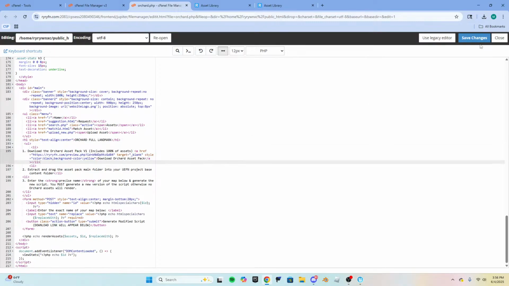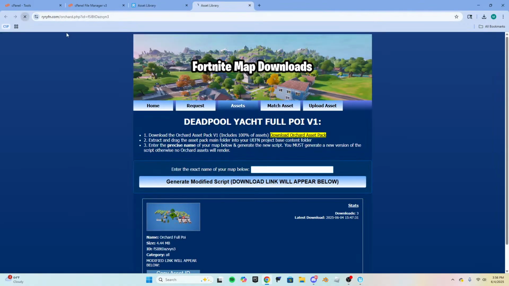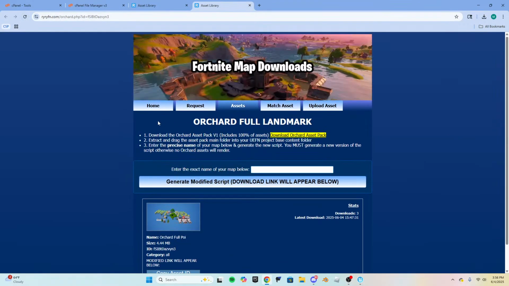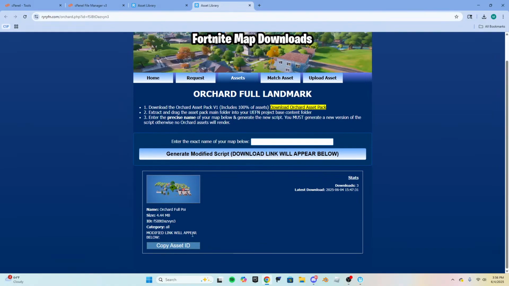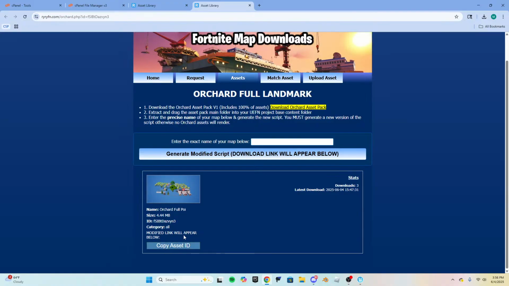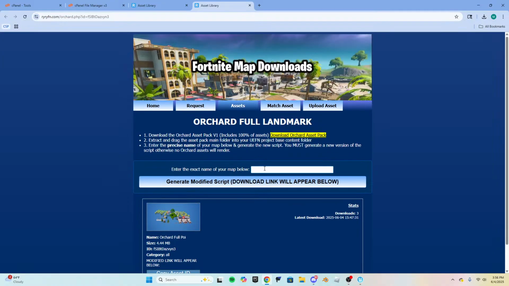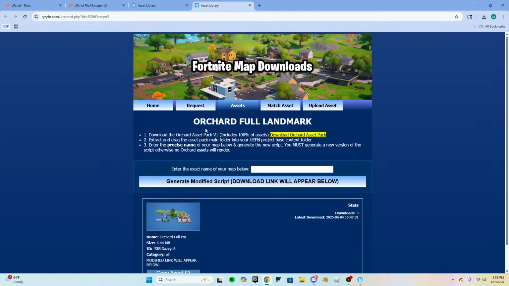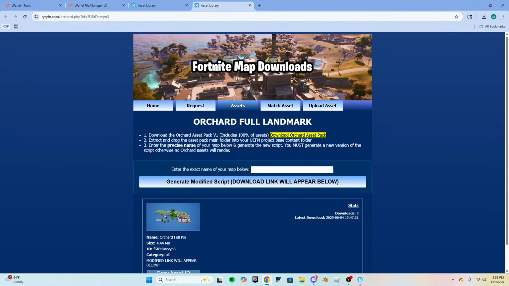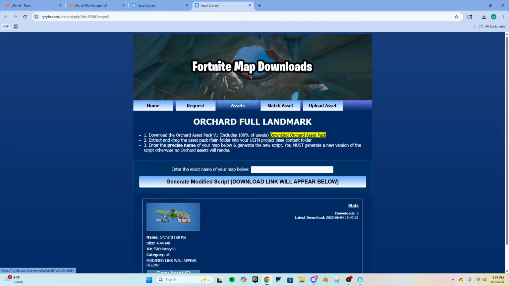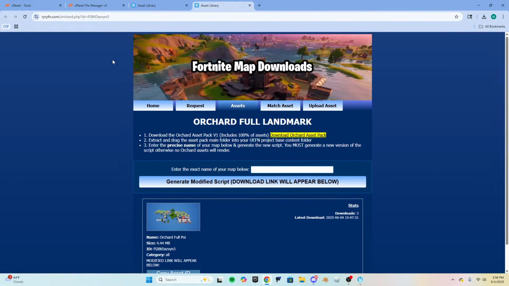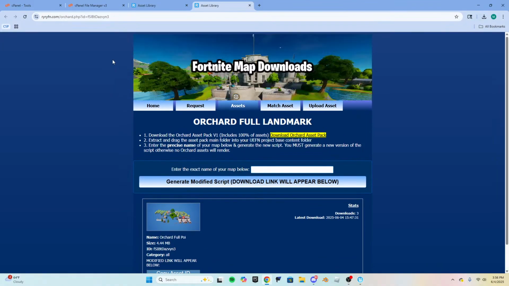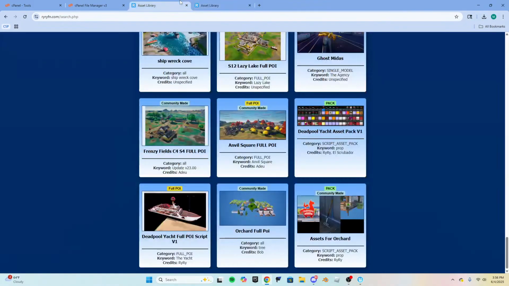Orchard full landmark. Modified link will appear below. Enter asset pack. Orchard full landmark.